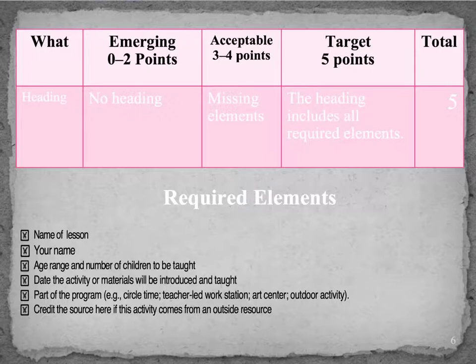The next section in the grading rubric is heading. You'll receive a possible 5 points for completing the heading. The required elements in the heading are the name of the lesson, your name, the age range and approximate number of children that would be included in this lesson, the date or general time frame the activity or materials would